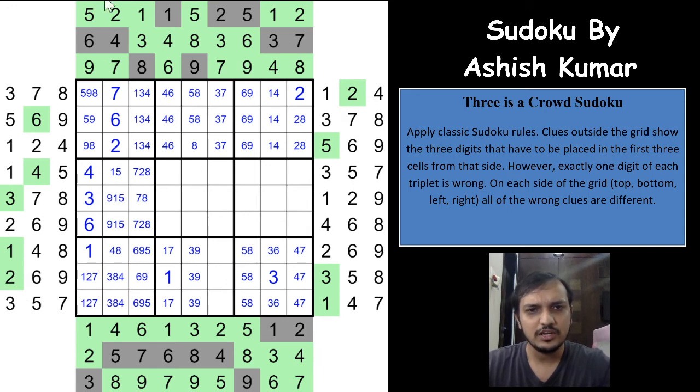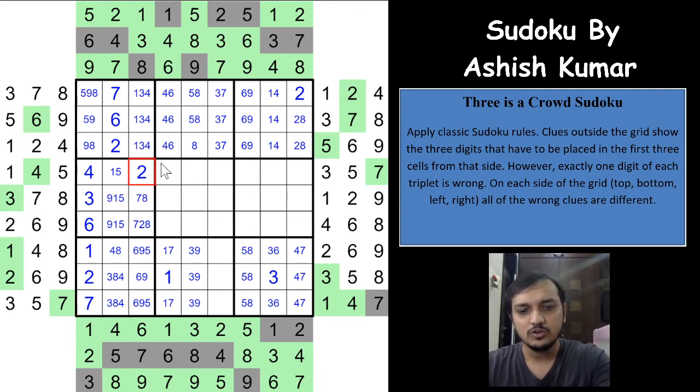2 is correct now, 2 has to be here, which means the remaining digit is 7, and which means that we have progressed the puzzle now. 7 is correct now, which means this 7 has to be wrong, which means the 4 is correct and all the possibilities of 7 are correct here, right? And which means because of this 7 now, a 7 cannot be placed here, 2 and 8, and because of the 7 here, a 7 cannot be placed here, so 7 here will give you a 7 here, right?